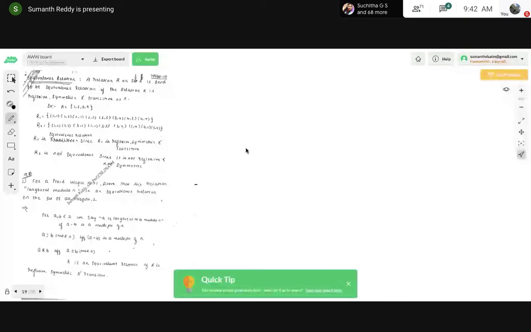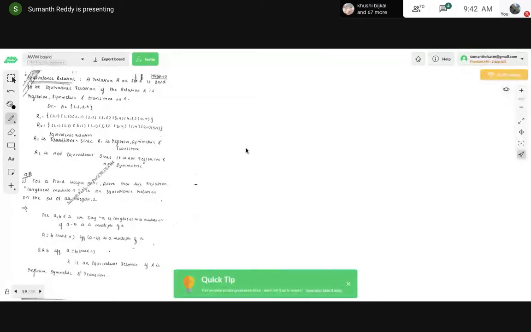So if they give you the relation and ask you for the partition, first you have to find the equivalence class for each and every element of the set. Later you have to find the partition. Okay. Instead of that, if he gives the partition and asks for the relation, that also you can easily get, right? Because I told you, an equivalence relation will be reflexive, symmetric, and transitive. Depending upon those properties, you can easily find the ordered pairs.